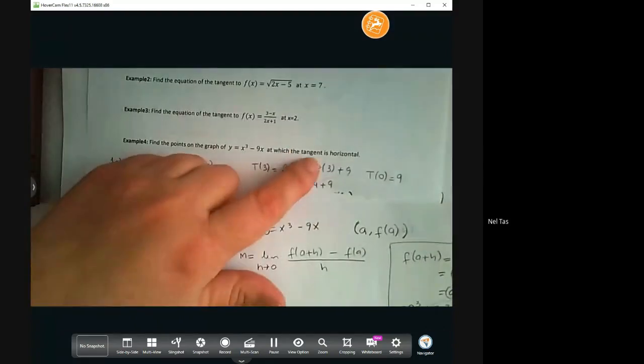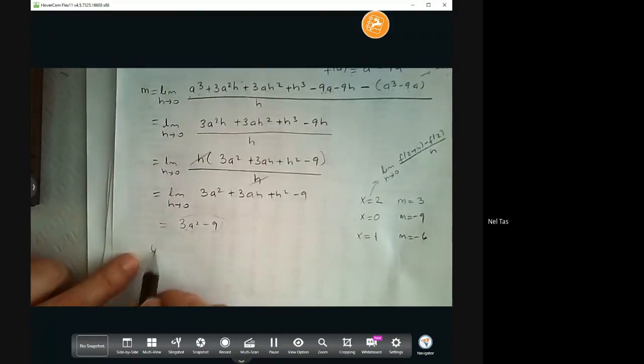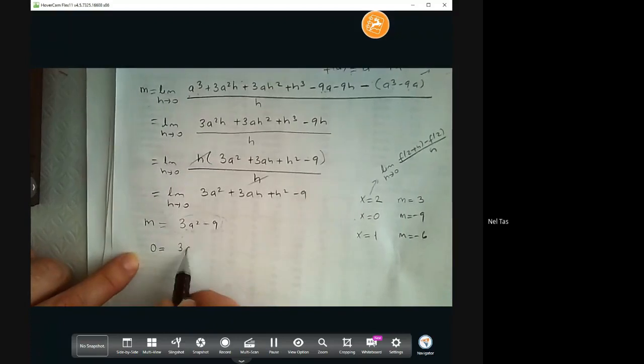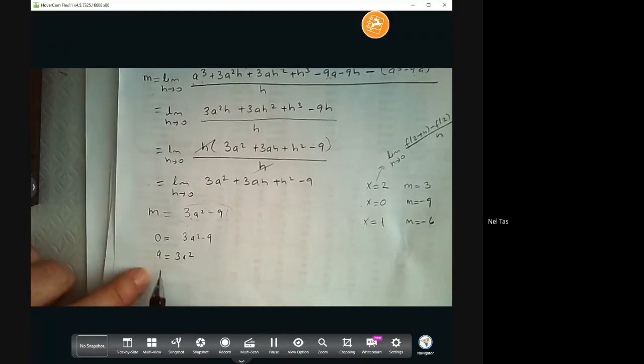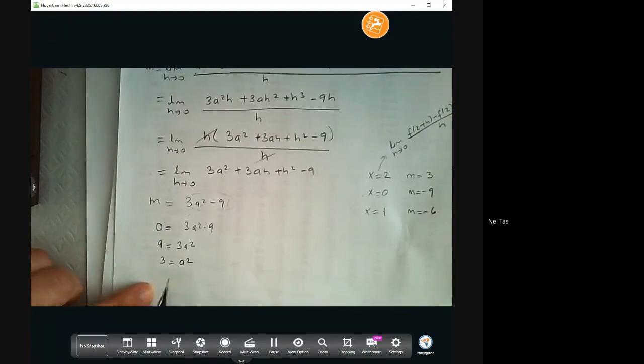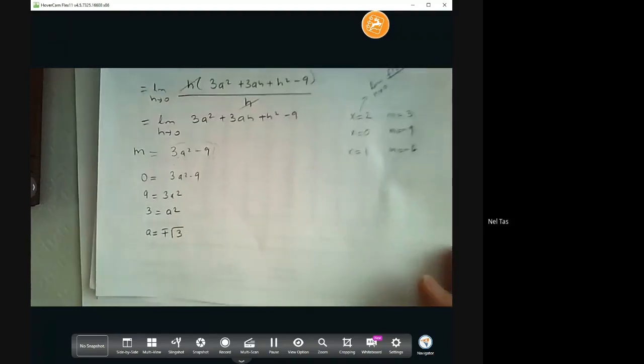So let's come back to our question. Our question was asking where the tangent is horizontal. And we said that horizontal lines have slope of 0. So we want this slope being 0. So 0 equals 3a squared minus 9. So we get 9 equals 3a squared. 3 equals a squared. a equals, now you take the square root of both sides, plus and minus root 3. Okay, so